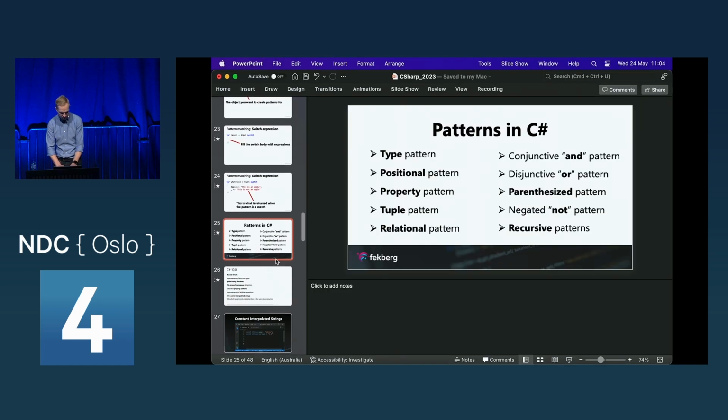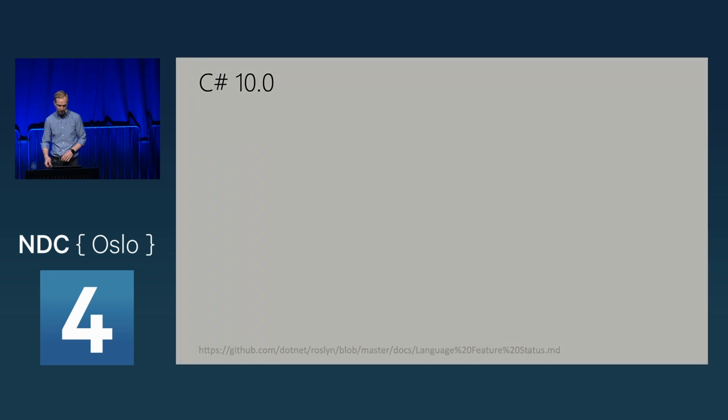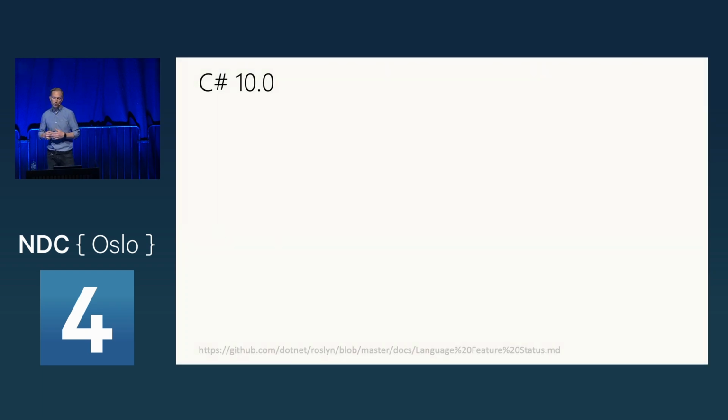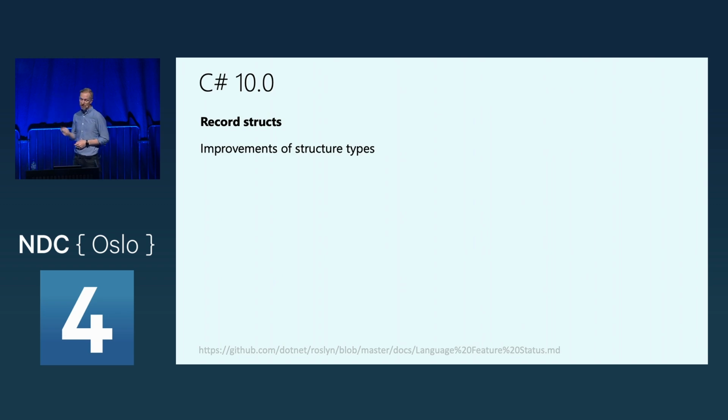Right, so let's jump back into talking a little bit more about what's been added in C# 10. So with the records being added to C# 9, they also introduce record structs in C# 10. If you want to do that, it's just about where they are stored. A gotcha with the record structs is that they are not immutable. Record classes are immutable by default, but the record structs are not. You have to also append the readonly keyword in front of it to make it a readonly record struct. Because why be consistent?